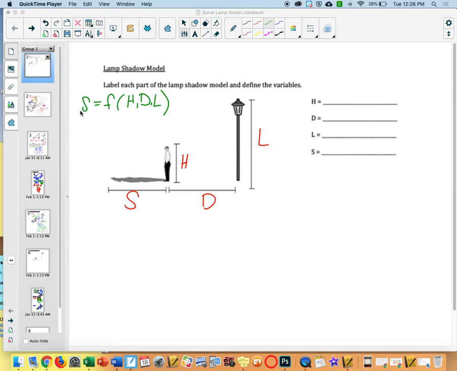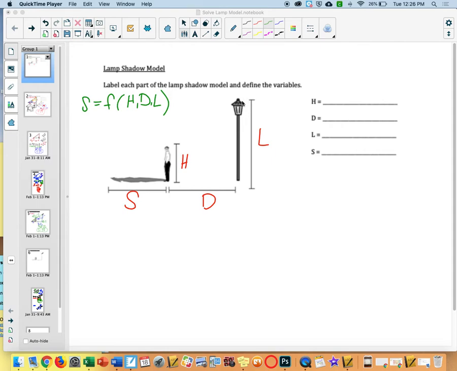Our goal again is to write an equation that says S equals... the height of the object, the distance from the light, and the height of the light all affect the shadow length. And so we need an equation that uses all of those. So are we going to multiply, divide, add? We don't know what that math is yet, but with all of the work that we have done so far,